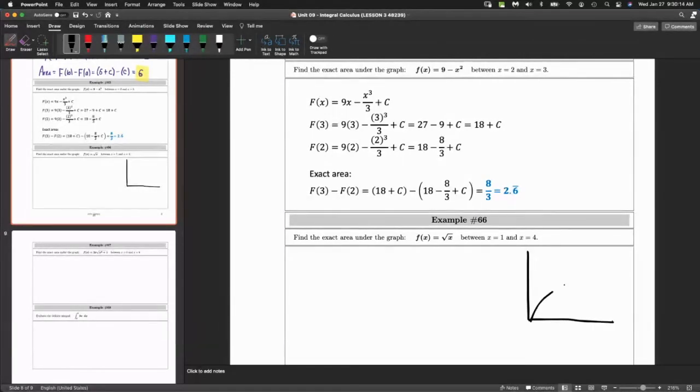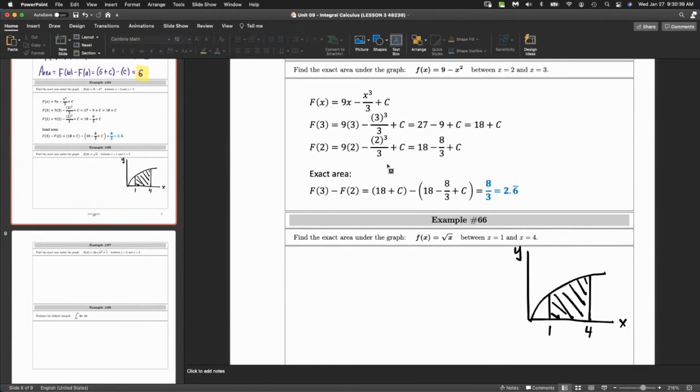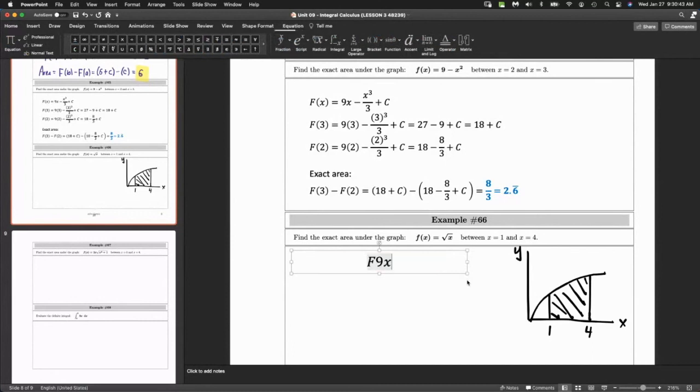In this case, we have the square root function, which you know the graph looks like that. And we're trying to find the area from 1 to 4. So that area is definitely not a polygon. So you can't just look at it and say, oh, it's a trapezoid or something. So unfortunately, you don't want to use tables here. We're going to use our antiderivative knowledge. So we're going to get that antiderivative first